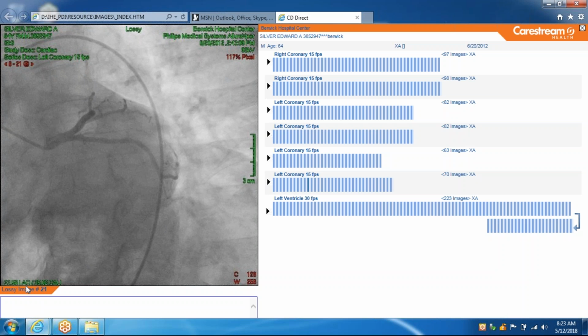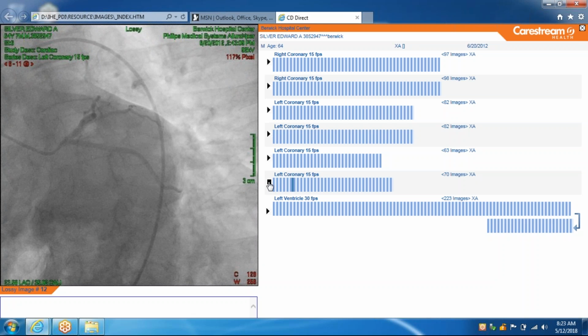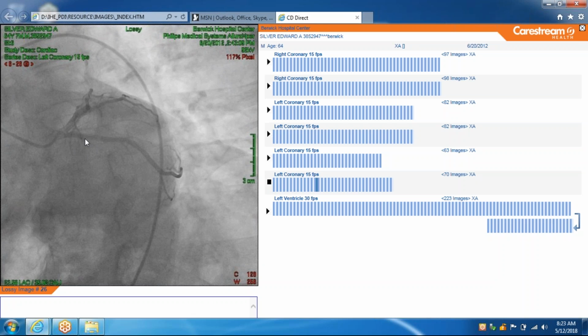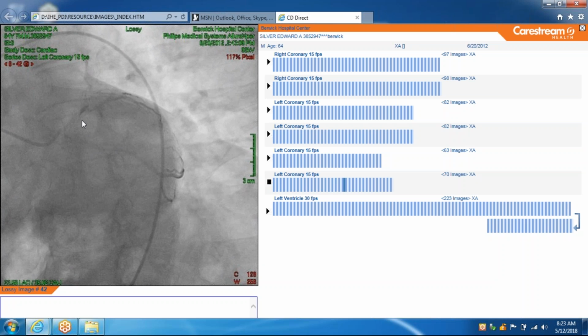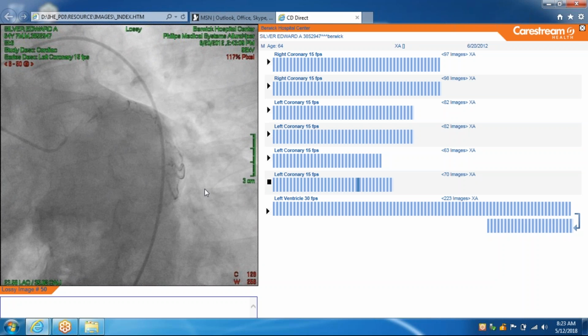It's LAO, so it's on the left side, it's oblique at 23 degrees, and it's caudal towards the leg. And then all you do, you inject your dye, you take your images. So this one is going to be the circumflex over here, and the LAD is right there. Remember, the left main coronary artery